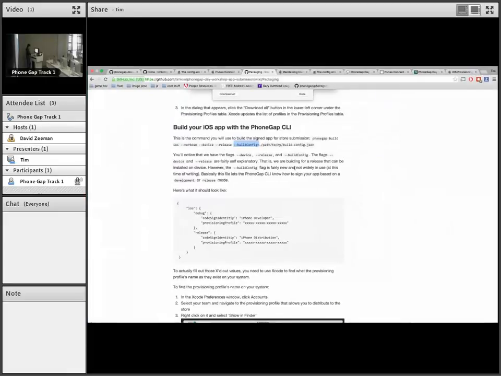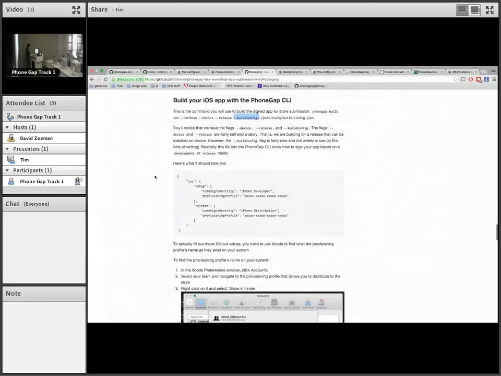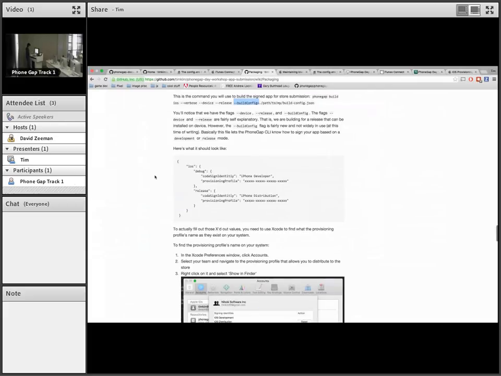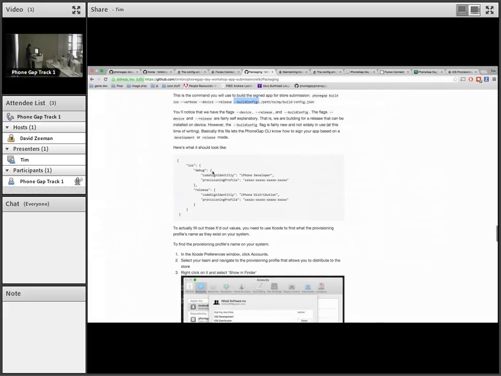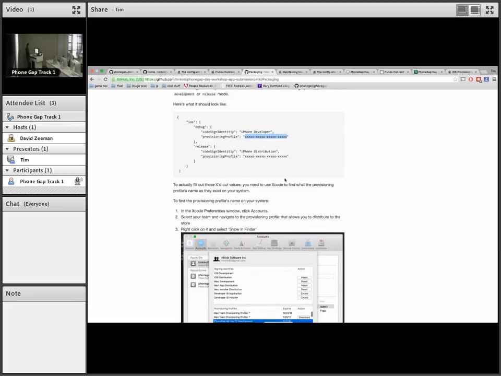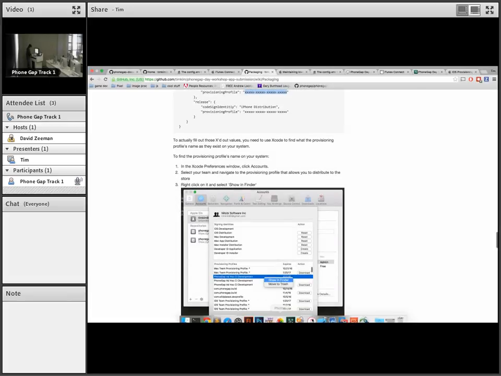But using this build config method allows us to sign without having to go into there. But the workflow for it is a little dicey, because the provisioning profile here, you see it's kind of X'd out. The value that goes in there is the name of the provisioning profile as it exists in your system. So the way you find out what the name of your provisioning profile is, you go back into that